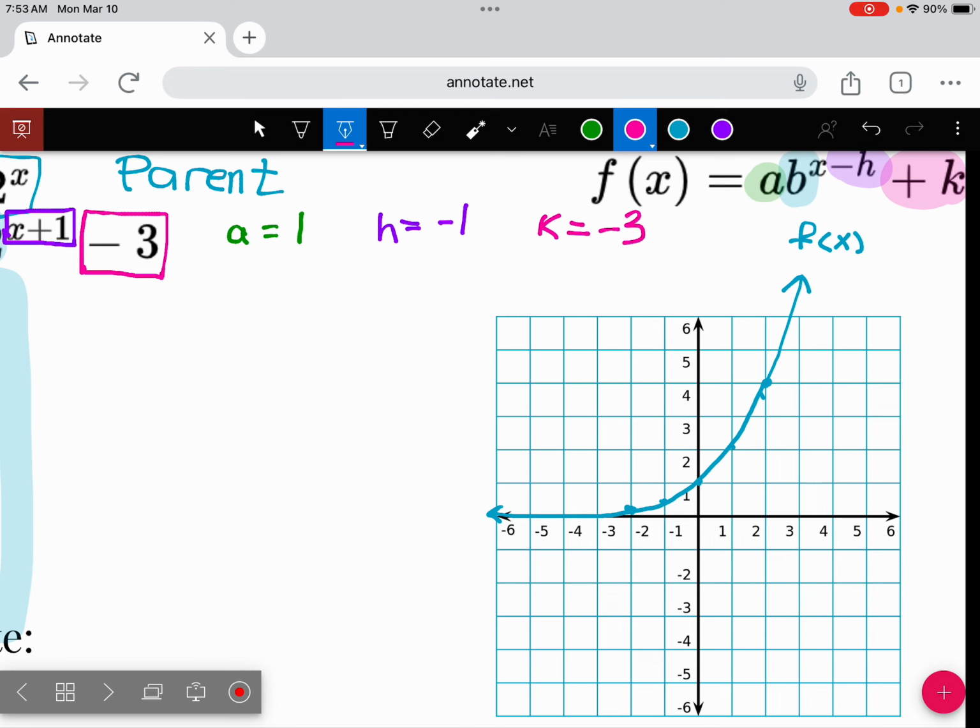What does a k of -3 tell us is going to happen? It's going to go down. This whole thing is going to go ka-chunk, ka-chunk, ka-chunk, down 3 spots. So this whole thing is moving down. My h of -1 tells me it's going to go which way? Left. It's going to go left 1. So what we're going to do is we're going to take our table and we are going to apply our